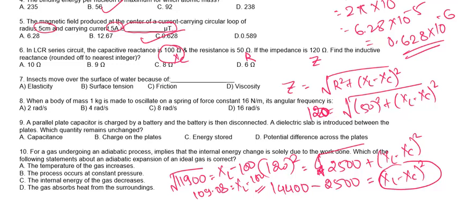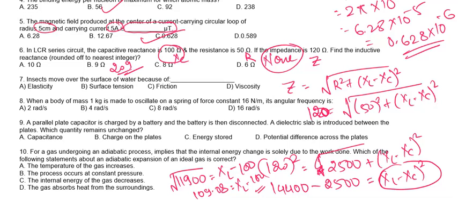ठीक है. So XL का value कितना आएगा? Here you have to find the value of XL. ठीक है. तो ये minus 100 इधर आएगा तो plus 100 आएगा. So here in this MCQ there are no such options which are matching. Find the inductive reactance, right? So there is no such option which is matching. So it should be 209. So none of the options is matching. Okay? None of the options matches. Answer will be 209. Okay? Minus 100 इधर आएगा तो plus 100 हो जाएगा. So this will be 209.